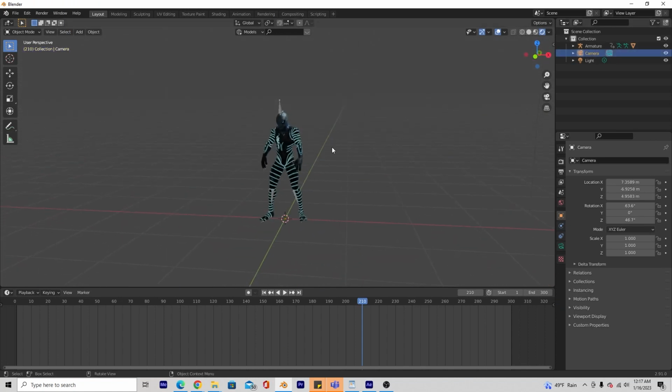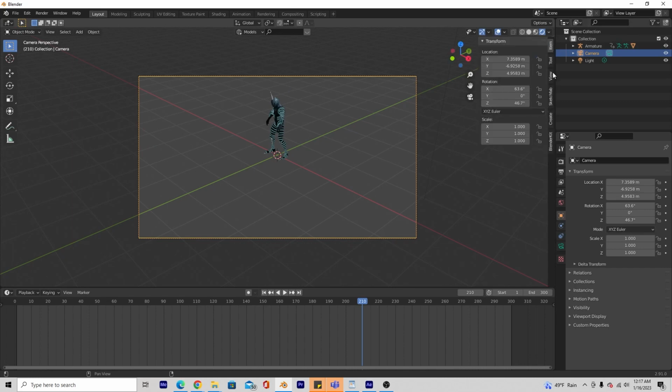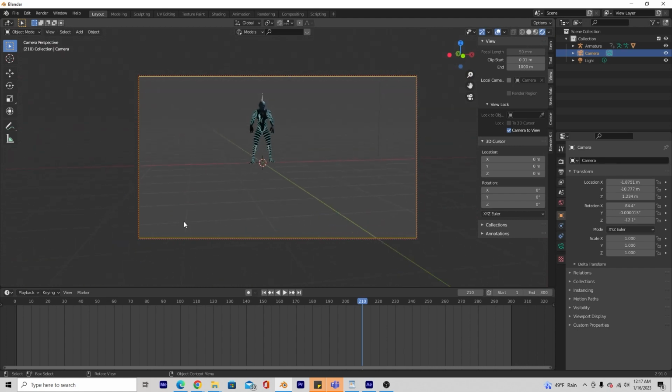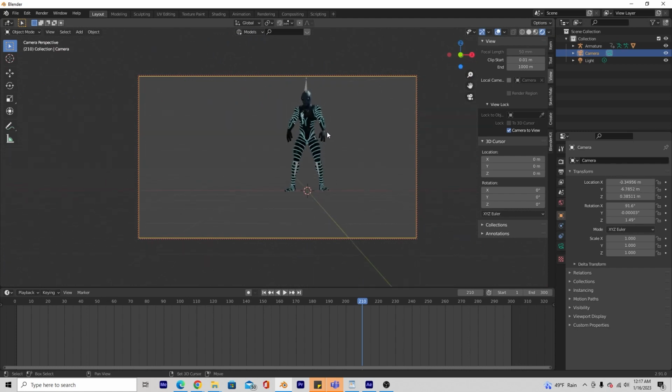I'm gonna go ahead and click on the camera that's already in here. If you hit the little camera button here on the right, toggle the camera view, you can see what we're doing. I'm gonna hit this little tiny arrow to bring this open and go to view. And now if I wanna parent the camera to my cursor right now, so if I hit this, anywhere I go the camera just follows, so anything inside of this is what we're seeing. And it's gonna be pretty big here,